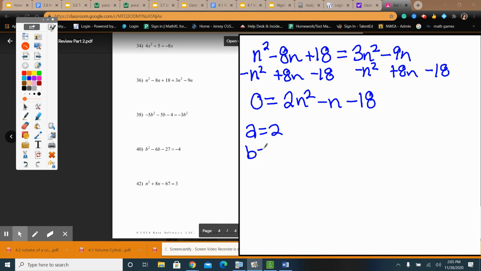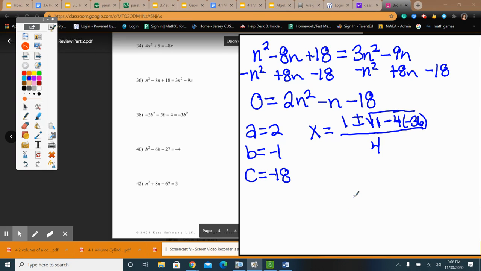A is 2. B is -1. C is -18. Okay. X equals -b, which will be +1, plus or minus the square root. Ooh, that's so bad. B squared is 1, always positive, minus 4 times A times C, which is -36, all over 2A, which is 4. That gives me 1 plus or minus the square root of 1 minus 4 times -36, which is going to be a positive